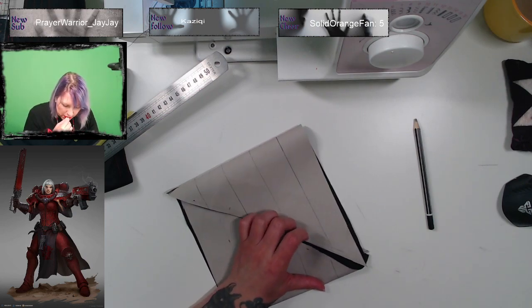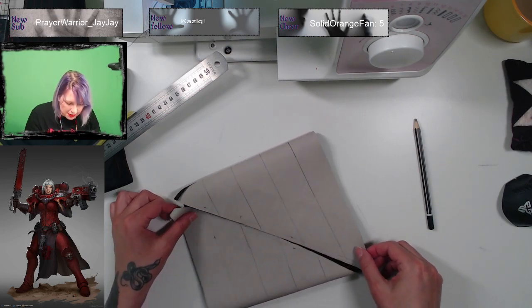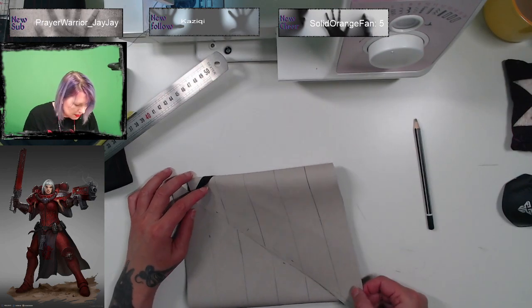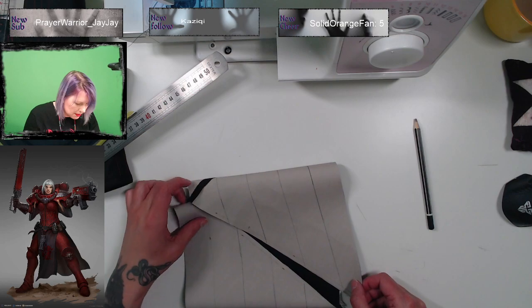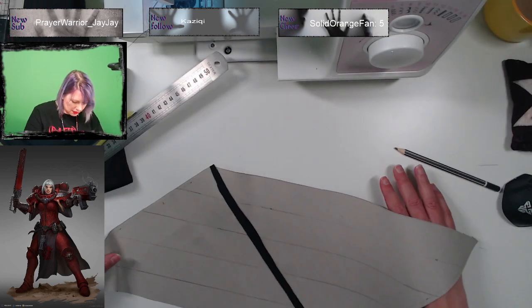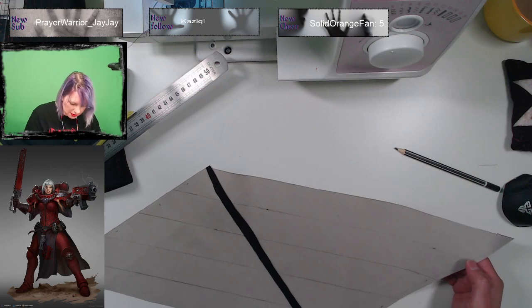Right, so now we have to skip one line. Which side was the short side? You're the short side.